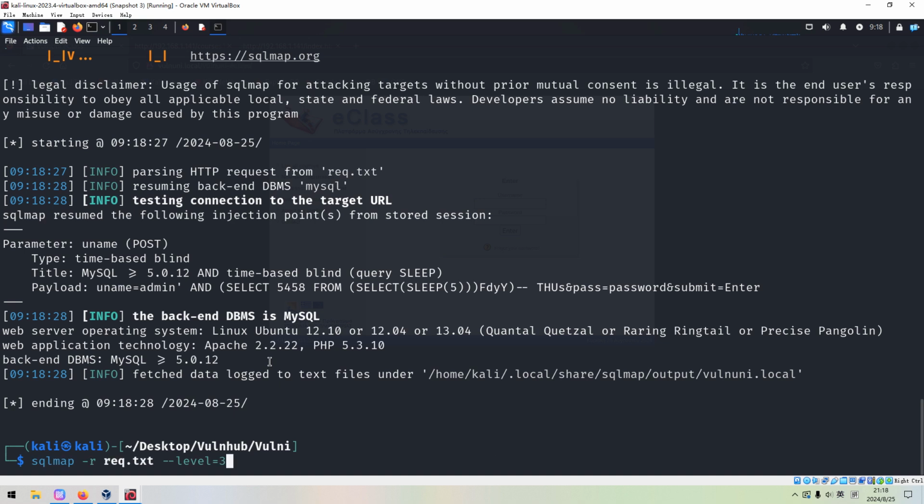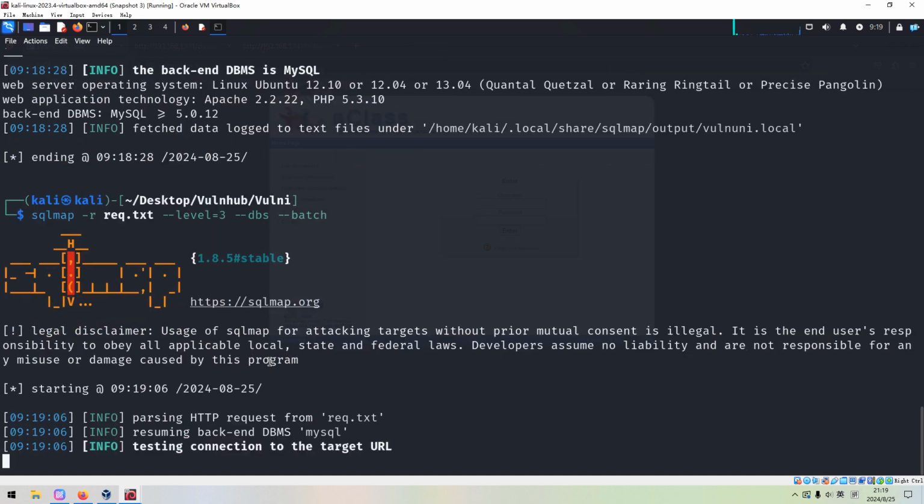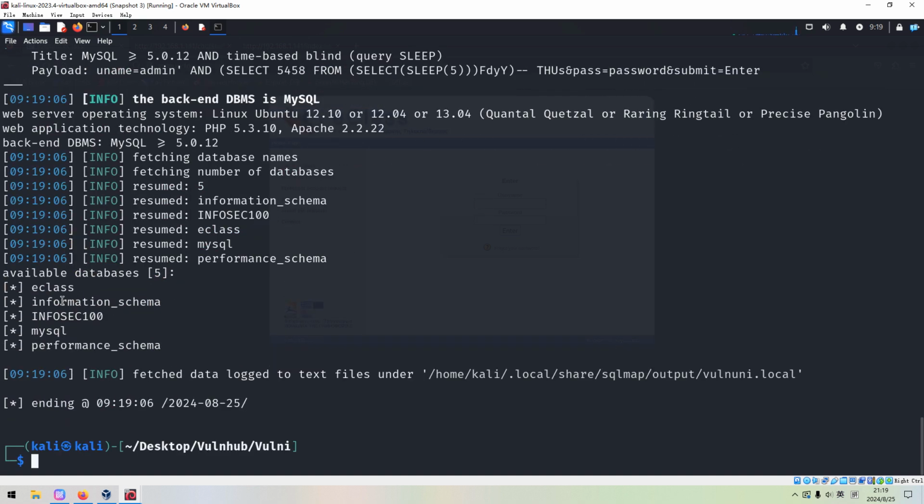So next, we can add the option --dbs to enumerate the databases on the target. As you can see, there are several databases, but I think this one and this one should be under our research.